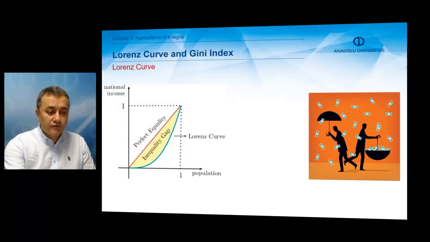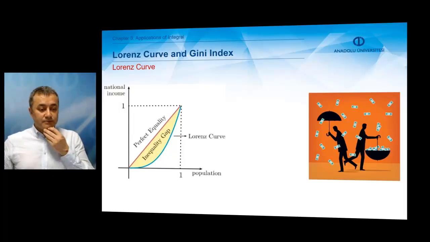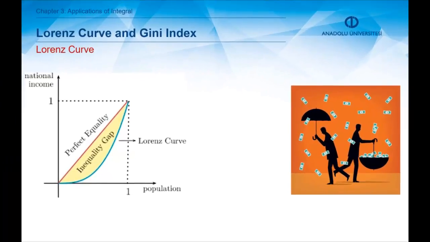The Lorenz curve in this graph, represented by this greenish curve, is constructed in this way. First, people in society, or the households, are sorted from the lowest income to the highest income. Then the total portion received from the total income of a country is divided among these households. At every household, the total income is calculated, and so on and so forth. You go up to 1 and you calculate all the incomes divided among all the households, and you get this